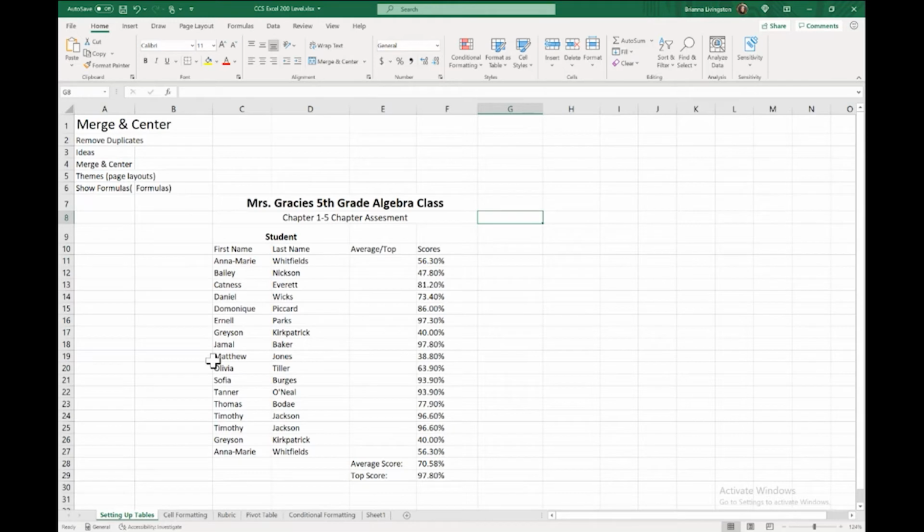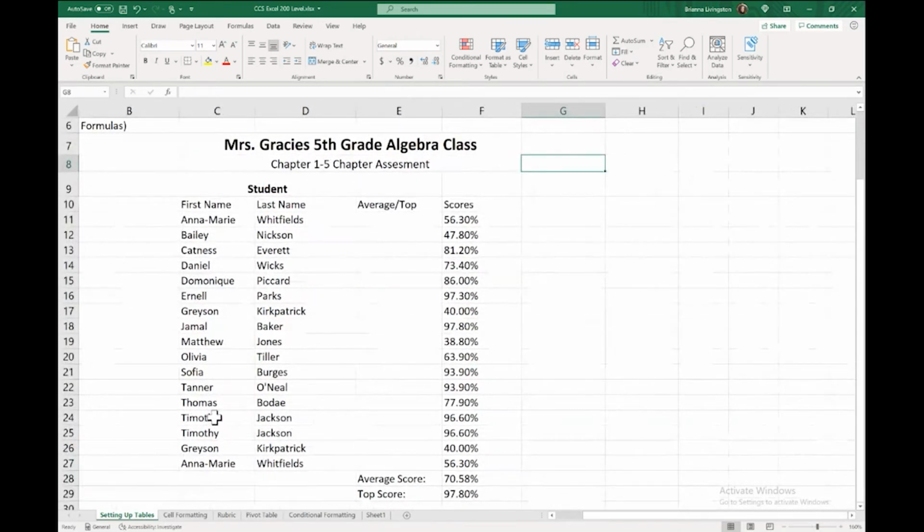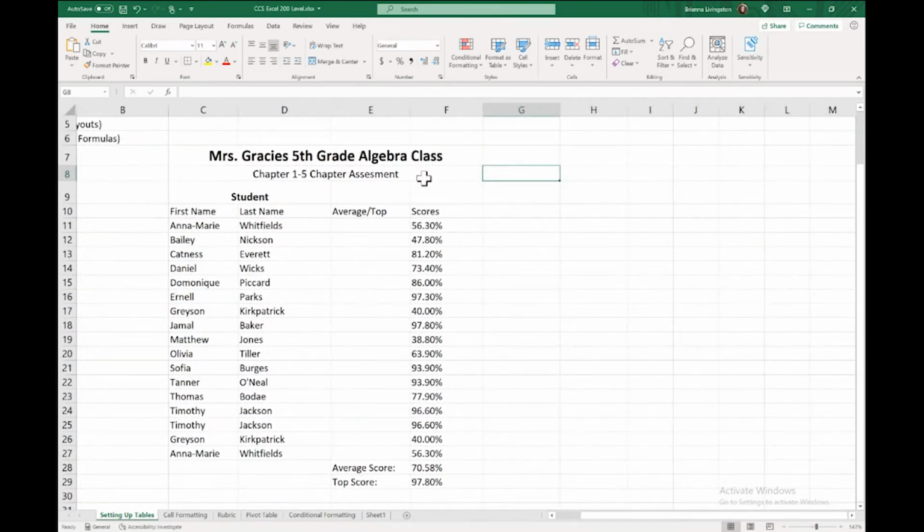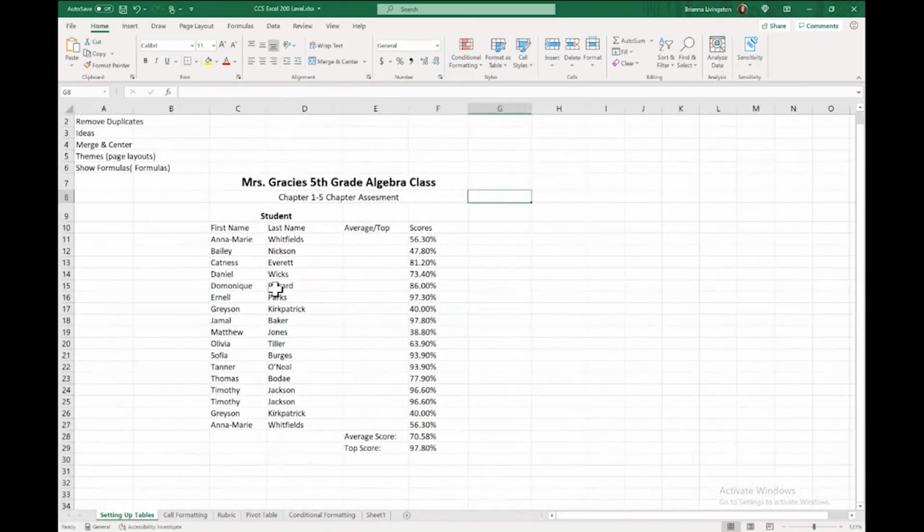Now, if we look at our data here, we will see we have some duplicates. We have Timothy. We have Grayson both here and here. And someone's cutting the grass, so I apologize. We have Anna Marie here and here, but we want to remove that because, oh, yikes, that's actually skewing our average score. It's not right if we have several students in there multiple times. And you might want to do this just because sometimes you download some data from somewhere and it has duplicates for any number of reasons, but you want to make sure they're cleared out.